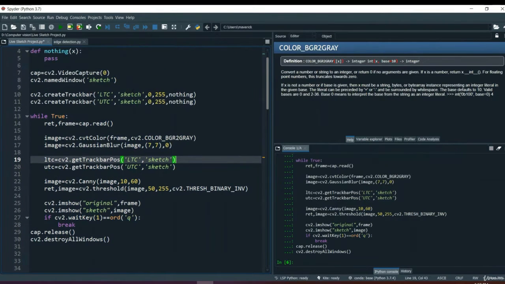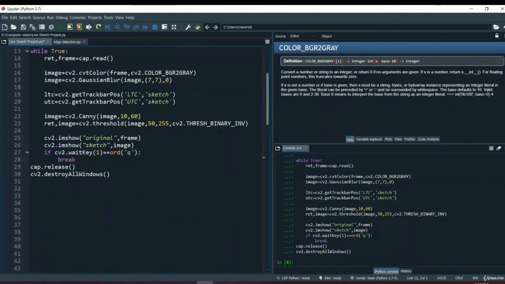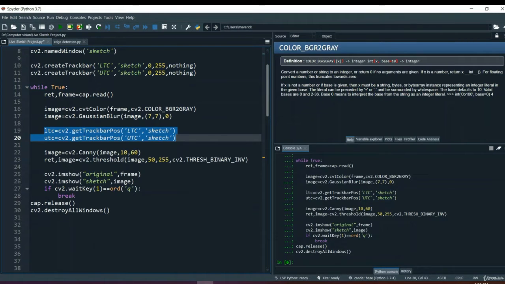Okay, so I've created these two track bars with values 0 to 255, and I've created this function, which I've named nothing, the name of a function which basically does nothing. So I've just given a pass over here. Then here in the code, I have called these track bars. Here I've created the track bars. Now I'm getting those track bar positions, whatever position the track bar gives out when I'm moving that track bar from left to right. So whatever position it is taking from track bar LTC, which is on the sketch window,